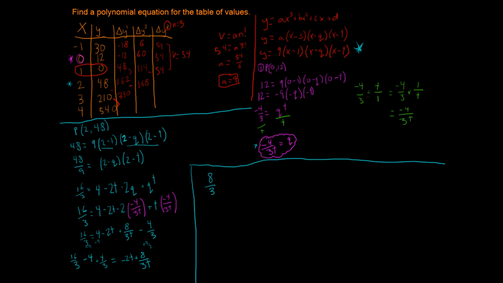So we got 8 thirds, and that's going to be equal to 8 over 3t, and then we got minus 2t. And we know that 2t is over 1. So now what we want to do is we want to have all of these as